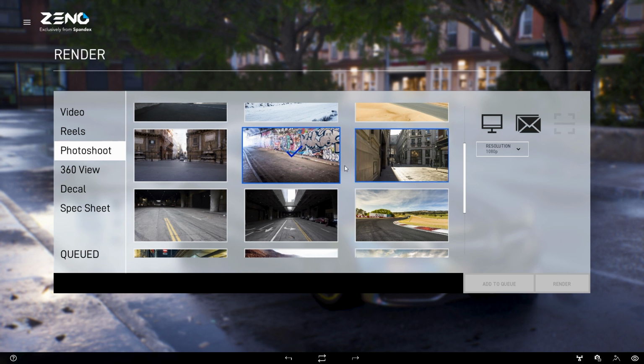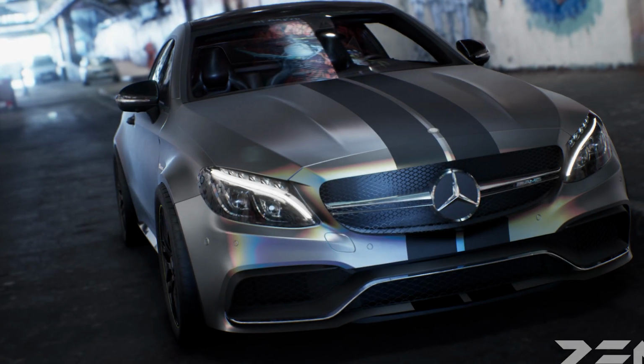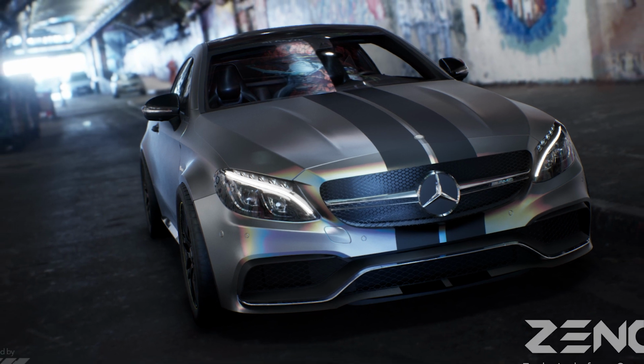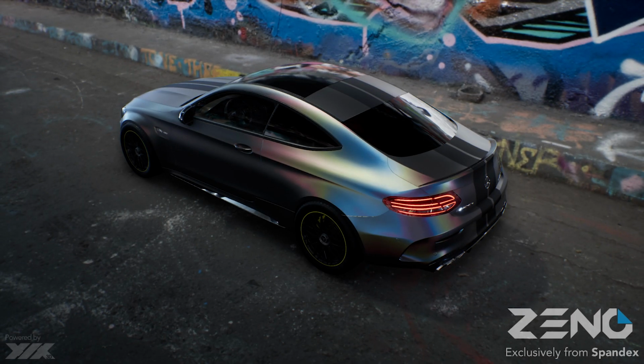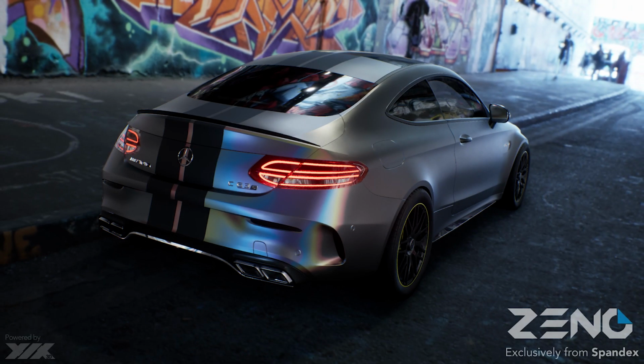If you have customers who wrapped their cars maybe 2 or 3 years ago and Spandex offers new colors now, you can easily produce a new wrap. Send them the picture of the potential new wrap with the new product. So now let's see how real they look. Photoshoot creates 3 pictures. One from the front. The side. And the back in a stunning quality.